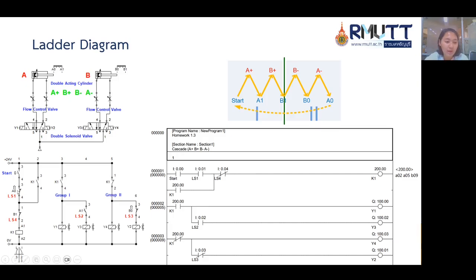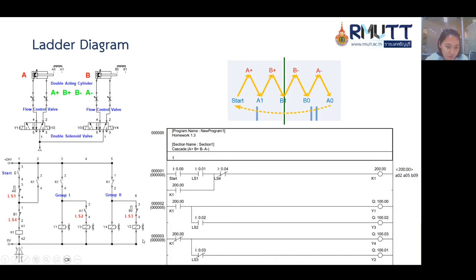Start, limit switch 1, normally open, limit switch 4, normally closed, and then there is a latching here, NO contact relay 1, and for group 1, there is a NO relay 1 here, and this is the output, solenoid Y1, and this is normally open, limit switch 2, like this one, activate the solenoid Y3.